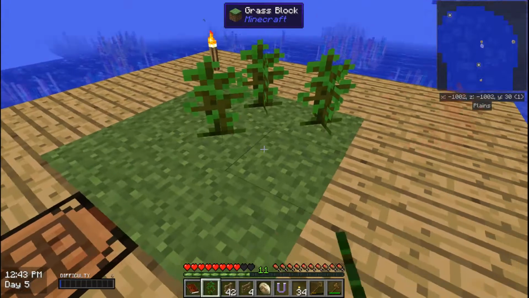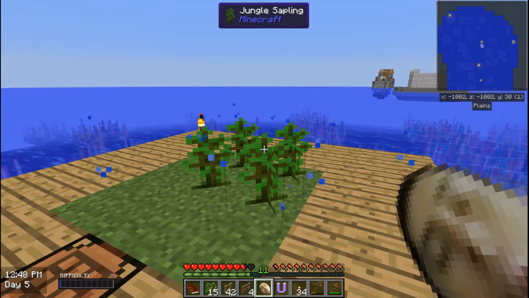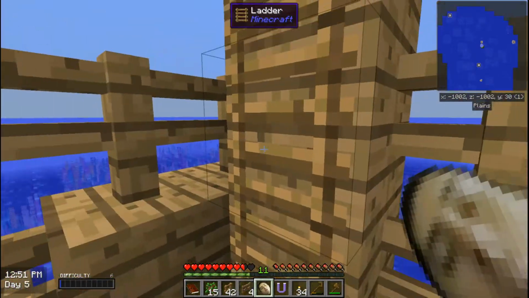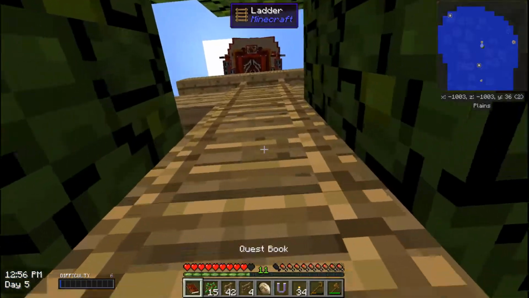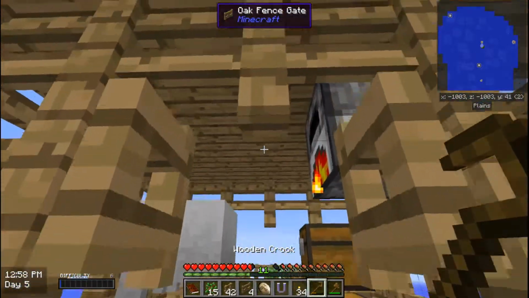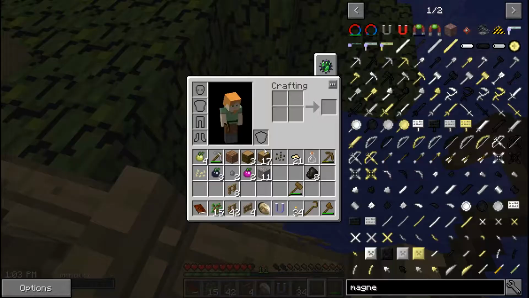And I walked too far from the... Wow. That kind of sucked. I walked a bit too far from my ladder and I fell down. So let's go back up. And now you're going to see the advantage of having the magnet. So now the magnet is on. I'm going to shift and take that and look at...